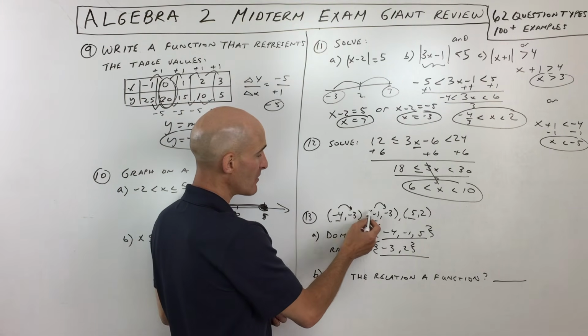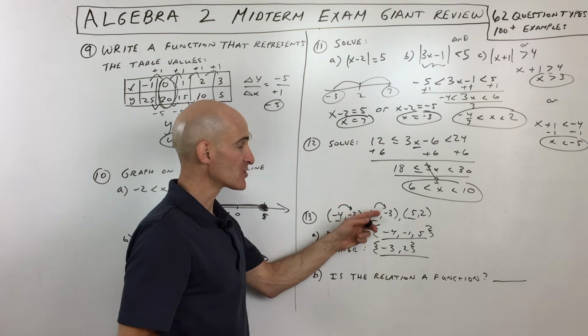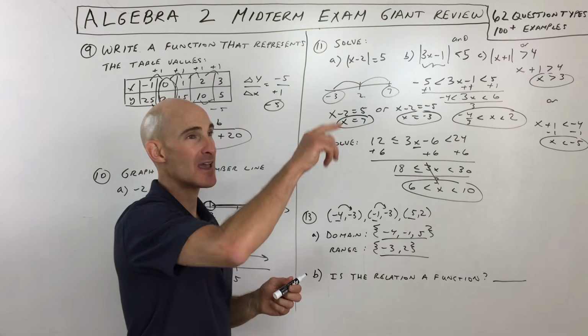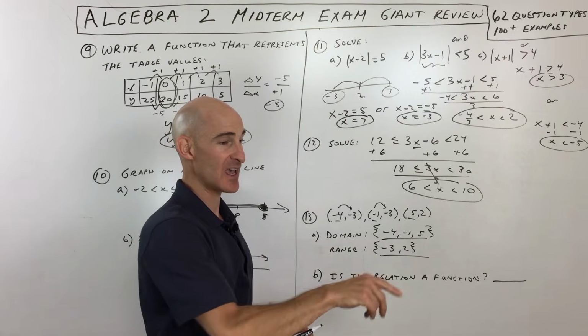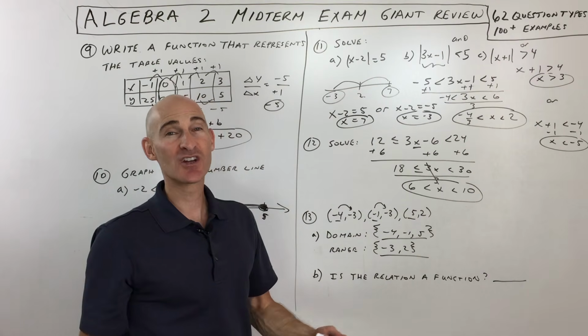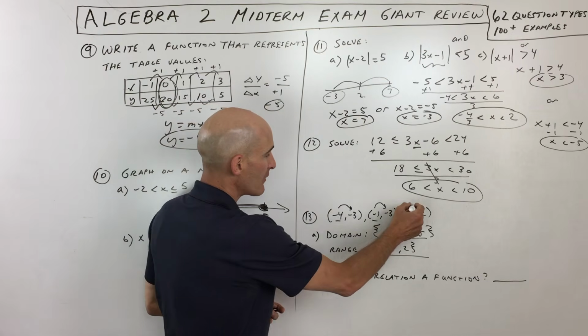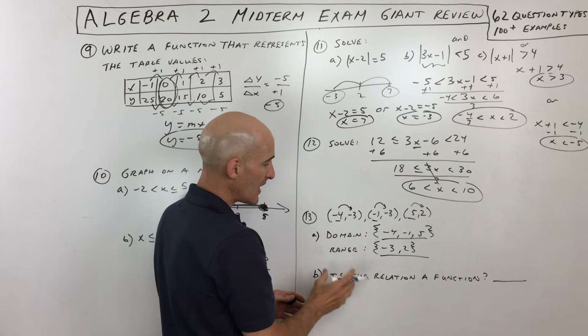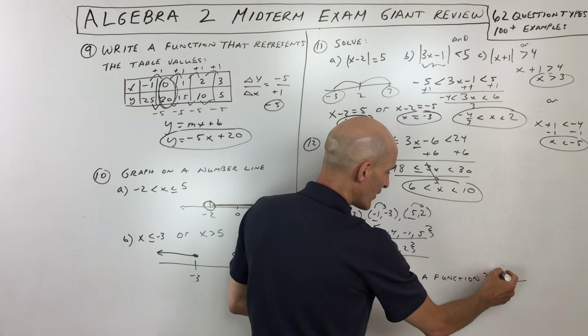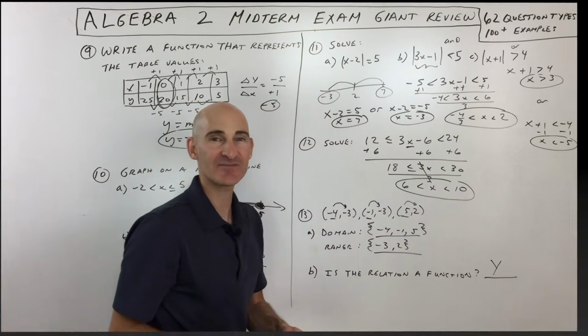It's okay to have different inputs going to the same output. That's okay. You could press A3, get a Mountain Dew, or press A7, get a Mountain Dew. You know what you're going to get when you press those numbers, because there's only one output. And then again, 5 goes to 2. So in this case, yes, the relation is a function. So we're going to say yes for that one.